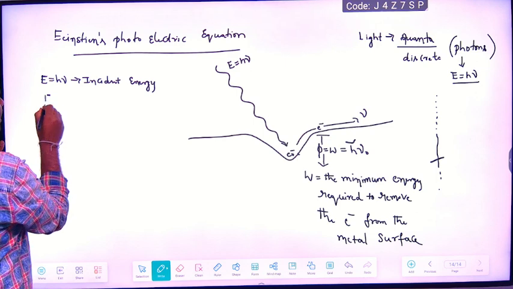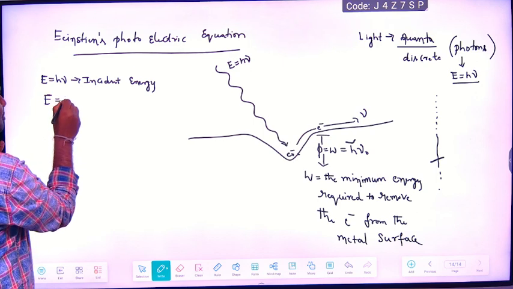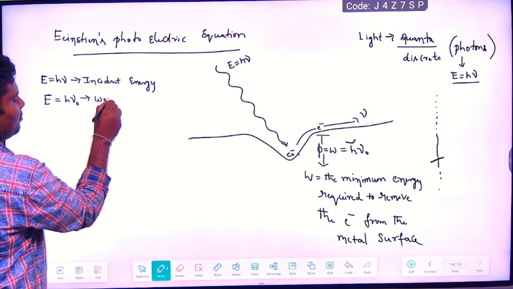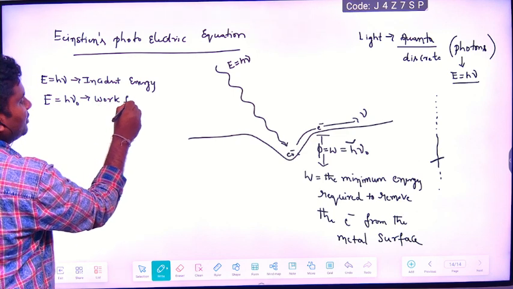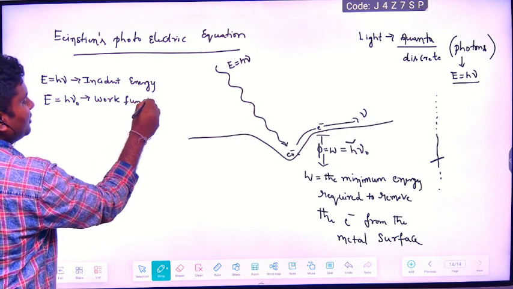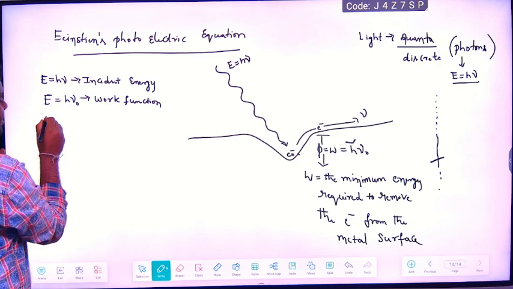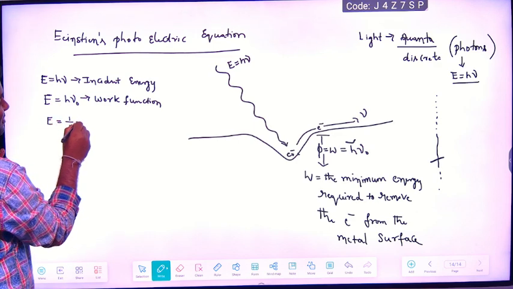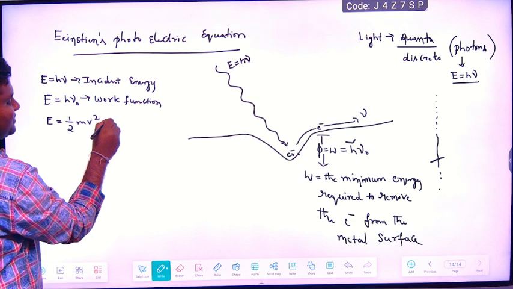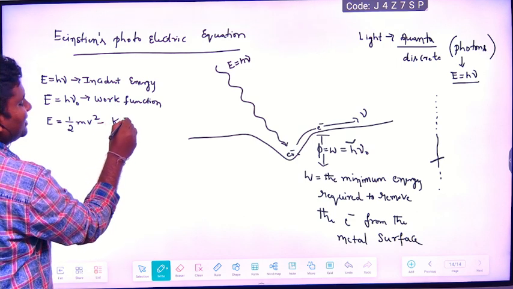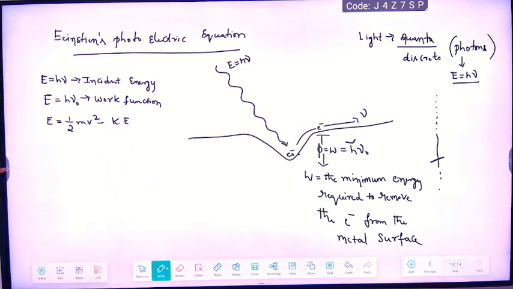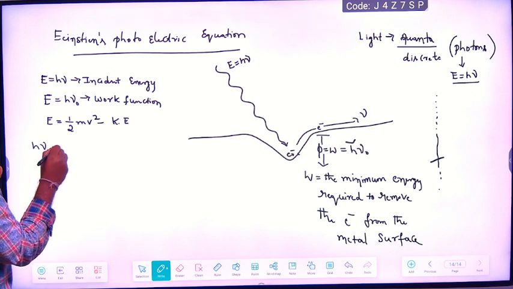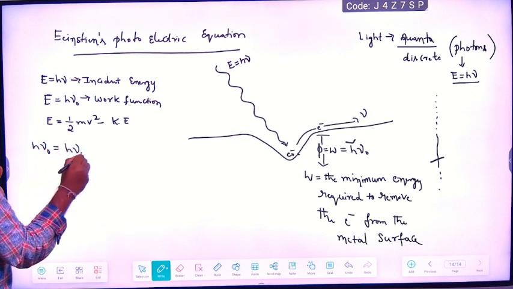Then E is equal to h mu naught is what? Work function. Then the third one, E is equal to half mv square is what? Kinetic energy. What Einstein says, you see, h mu is equal to h mu naught,